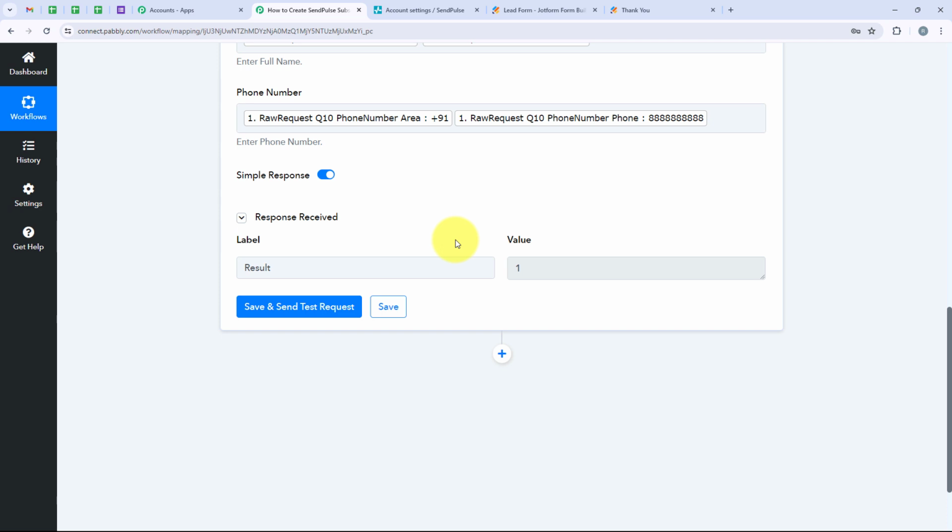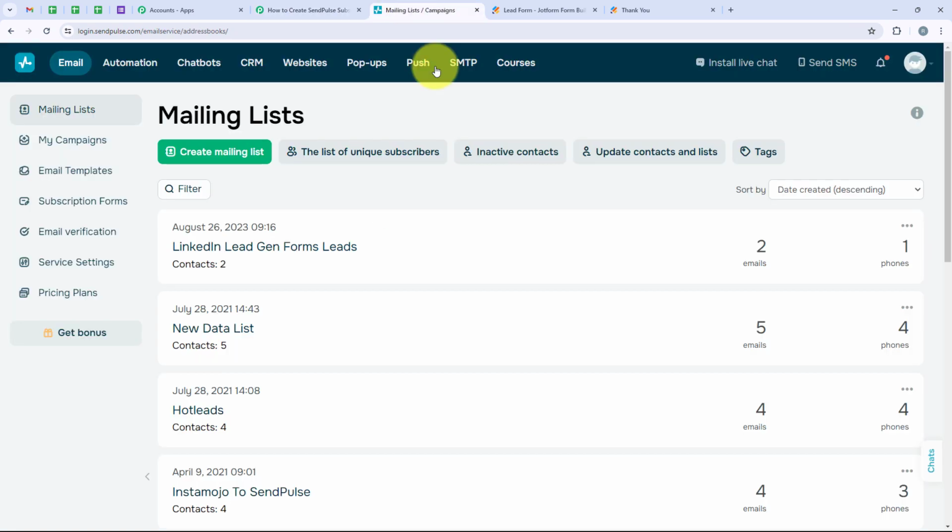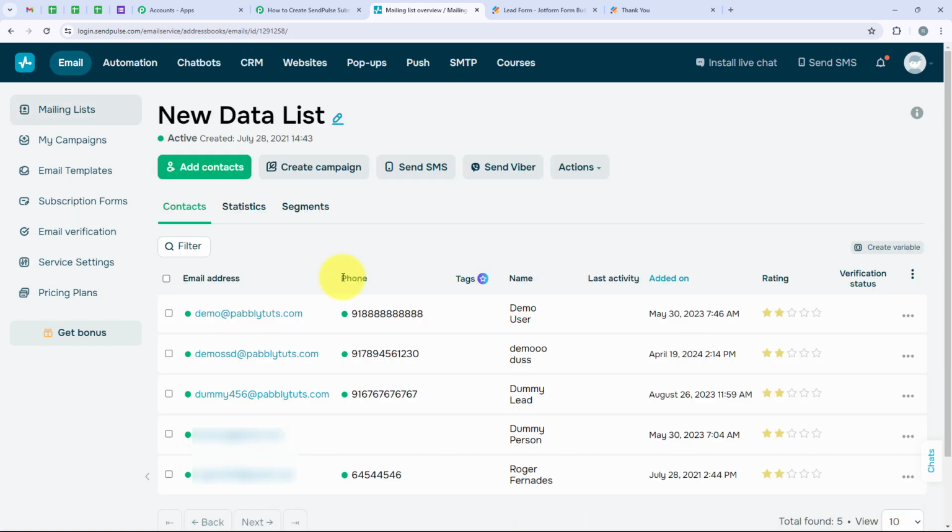in SendPulse too. So we are going to open our SendPulse and as you can see, all of these are my mailing lists, but we created a new contact in new data list. So I'm going to open this. And yes, you can see a new contact has been created with demo@pabblytudes.com, the same phone number and the same name, which is demo user. This means that our workflow is successful, but I'll just test the workflow once